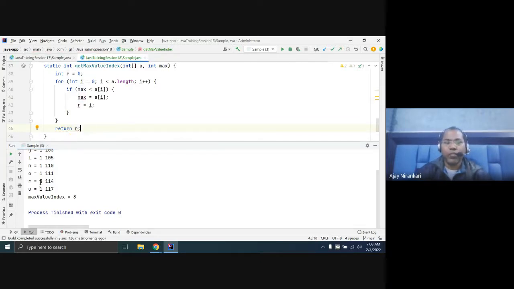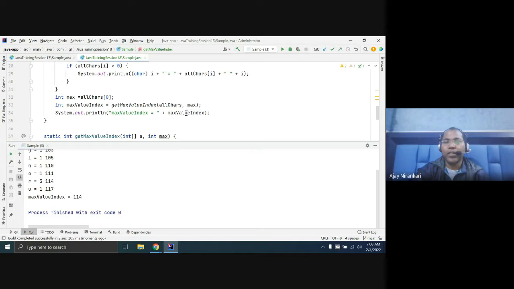So you are only interested in this, which has the maximum occurrence. What is the index? So you return your index value. And with this index, if you want to know the value, you can write your array, and this is the index. Print the value, and you can even print the character plus.